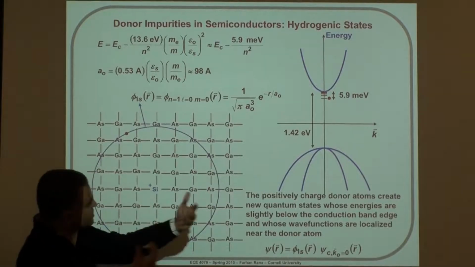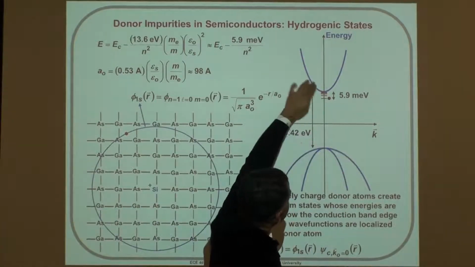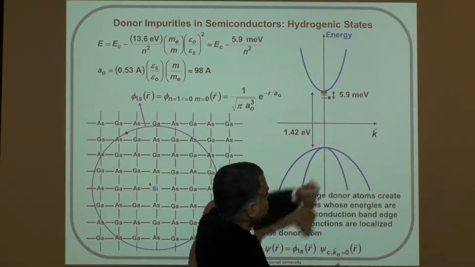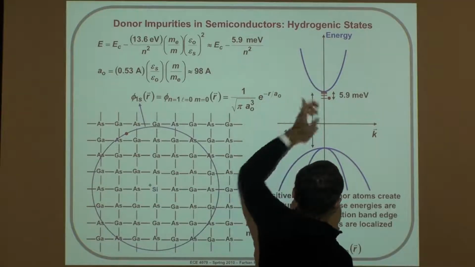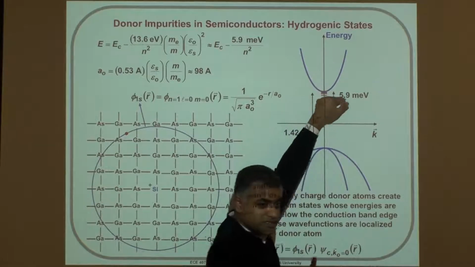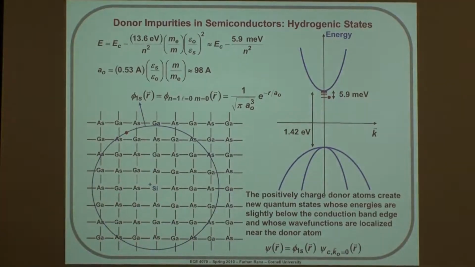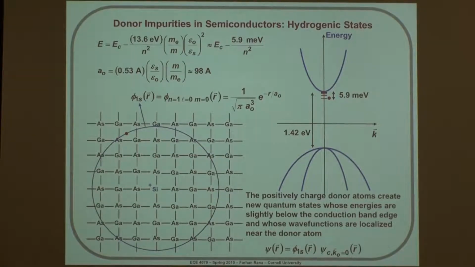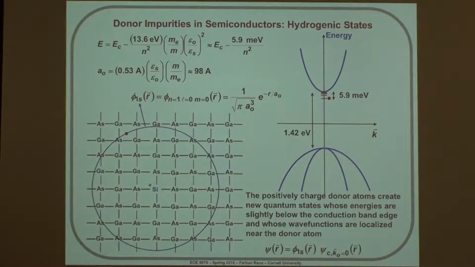And therefore, it also sees hydrogen atom-like energies, except the conduction band offers a continuum of states, valence band, continuum of states. So these are the states inside the gap now, just below the conduction band. Just like an electron, if it sees the proton, it gets attracted to it. So the ionization energy is negative. Right? So this is in the same way the donor electron sees these energies. So that was the